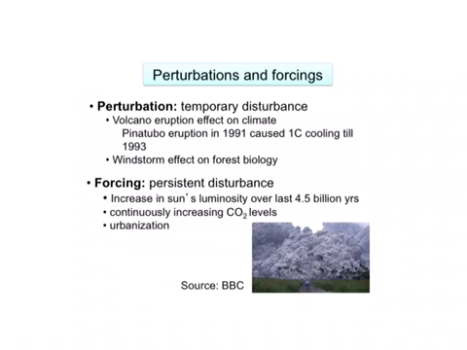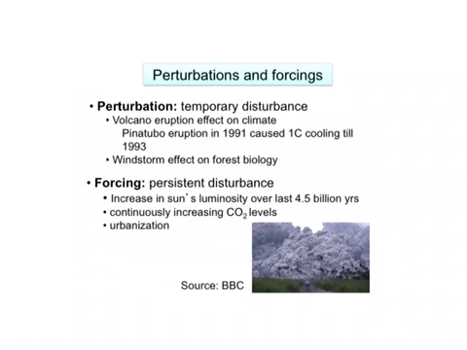I've been throwing around this word perturbation, but it's not one that I've officially defined yet. A perturbation is a temporary disturbance. Some examples of perturbations might be the impact of a volcano eruption on climate. When Mount Pinatubo erupted in 1991, it caused 1 degree of global cooling until 1993. So this was a temporary disturbance that went away after those 2 years, after all those ash particles eventually rained